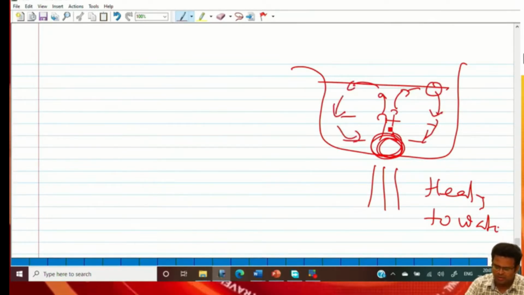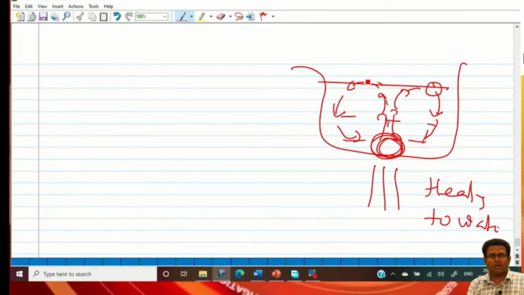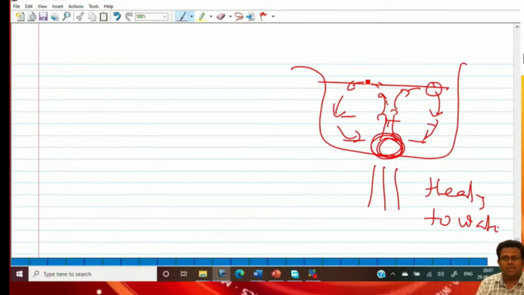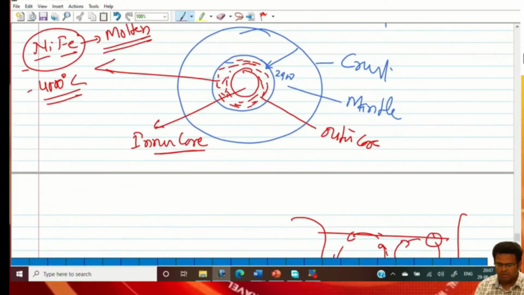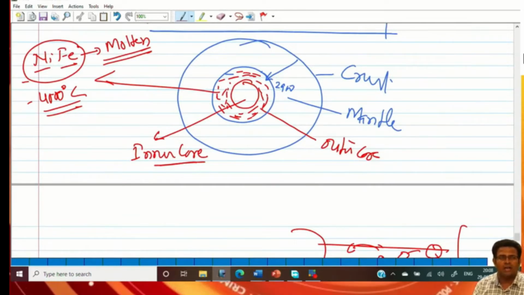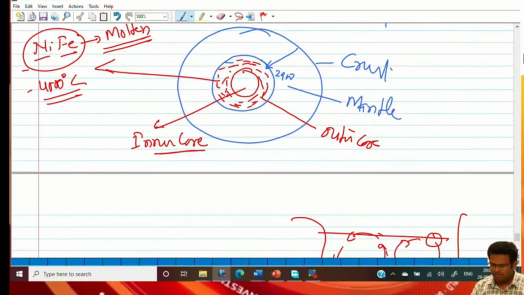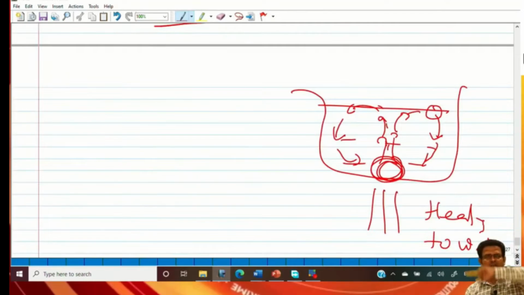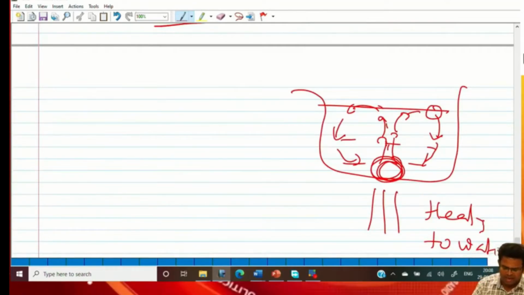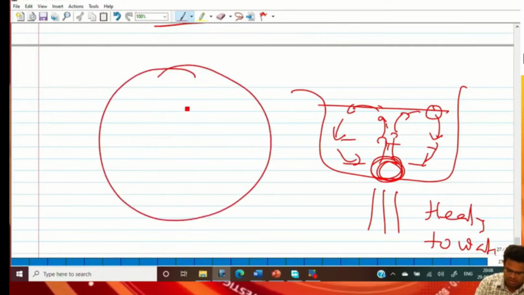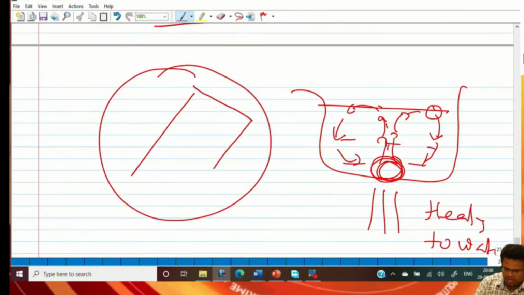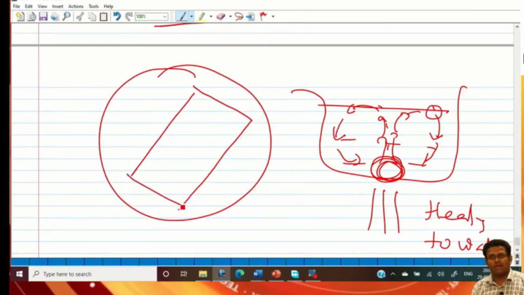This is the way the warm water goes up and the cold water comes down, so there is one kind of circulation. Similarly, our outer core is very hot and it is molten iron. When the iron moves in a particular direction, pay attention, if it moves clockwise from your side and anti-clockwise from my side, then inside the earth there will be a direction where anti-clockwise,